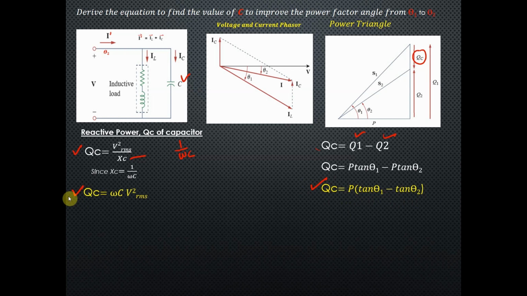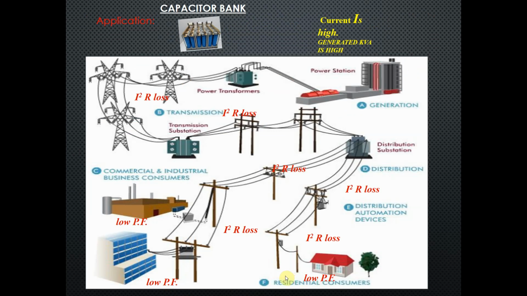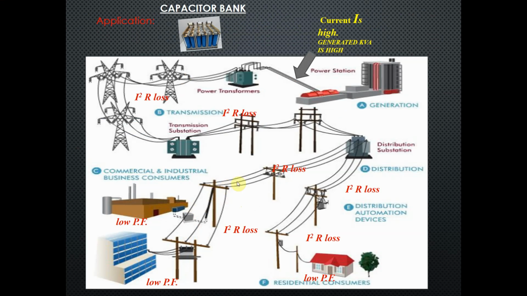Since this is QC and this is also QC, we can equate these two equations to solve for C. Omega C Vrms squared is equal to P times tangent theta 1 minus tangent theta 2. Solving for C, we obtain P times tangent theta 1 minus tangent theta 2 over omega Vrms squared. This omega is actually 2 pi multiplied by f because the capacitor is dependent on the frequency. After we do the calculation, we determine the capacitor we need to correct the low power factor in order to reduce